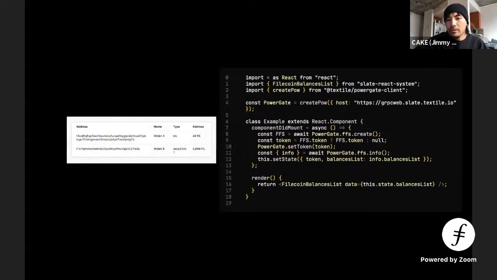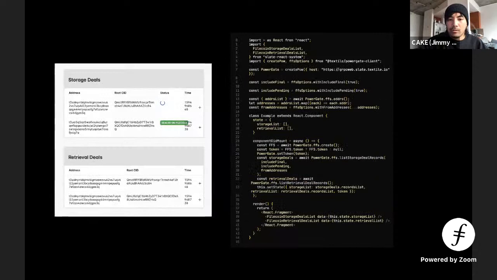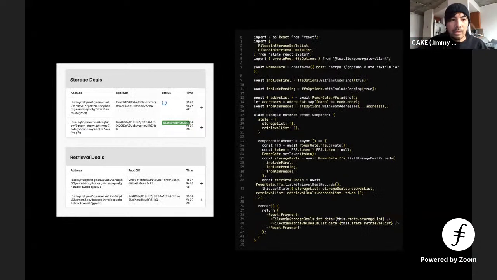And you can see here all the code for all the components are roughly the same. It starts to become repetitive enough where you're like, okay, I get it. I just gotta get this token, and I can get my Filecoin balances. I just gotta get this token, and then I can get all of the balance, the address type. If I get the token and I call some of the options that the Filecoin file system provides, I can learn about my storage deals, my retrieval deals. And then,